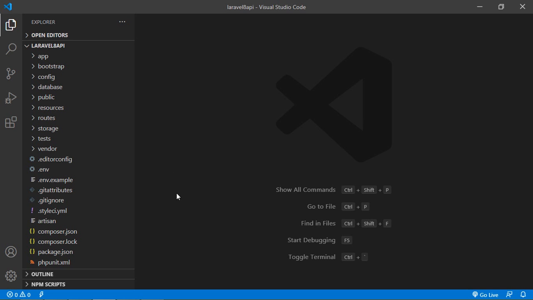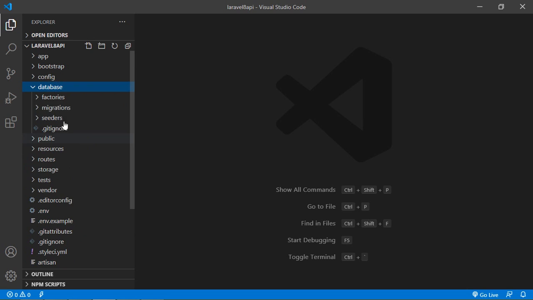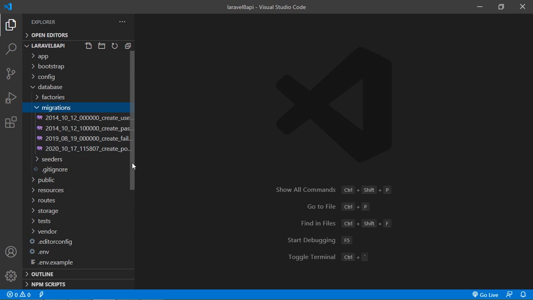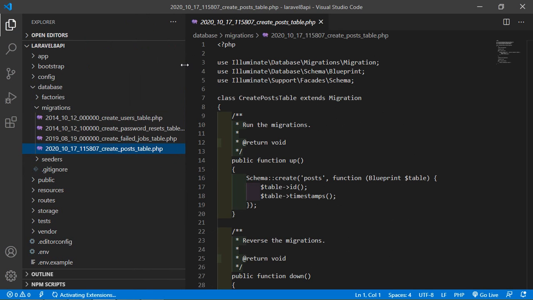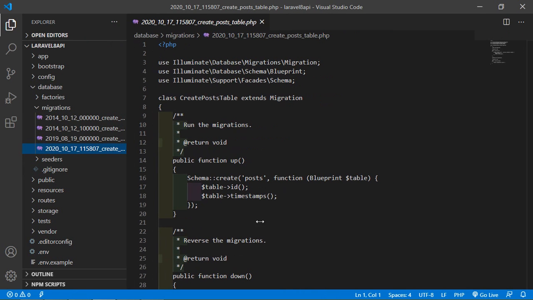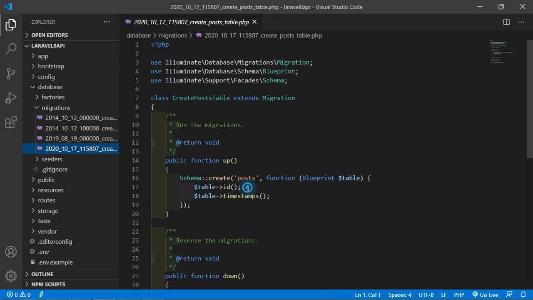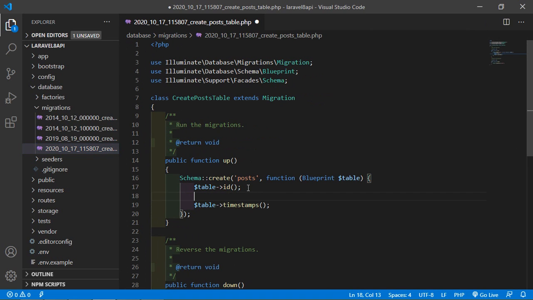Now switch to the project and just open the migration. So just go inside the database directory, then migrations, and from here just open the create posts table migration. And inside this migration, let's add some columns inside this schema. So just write here $table data type string and column name.